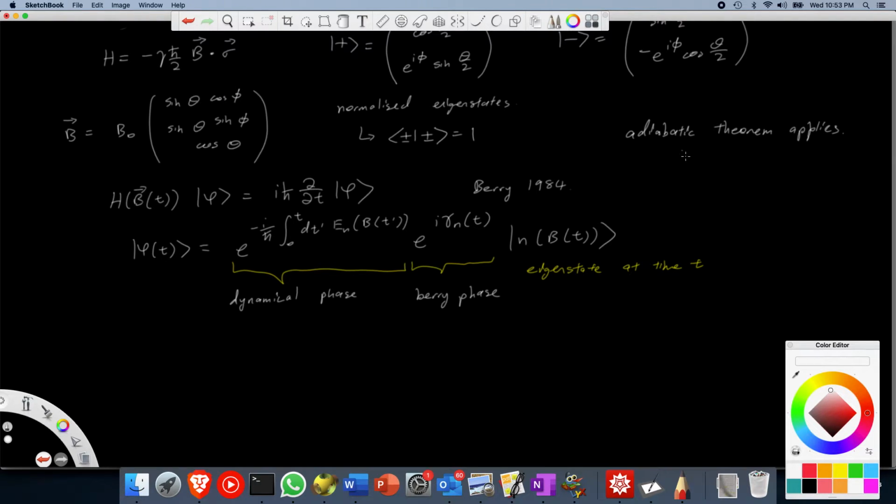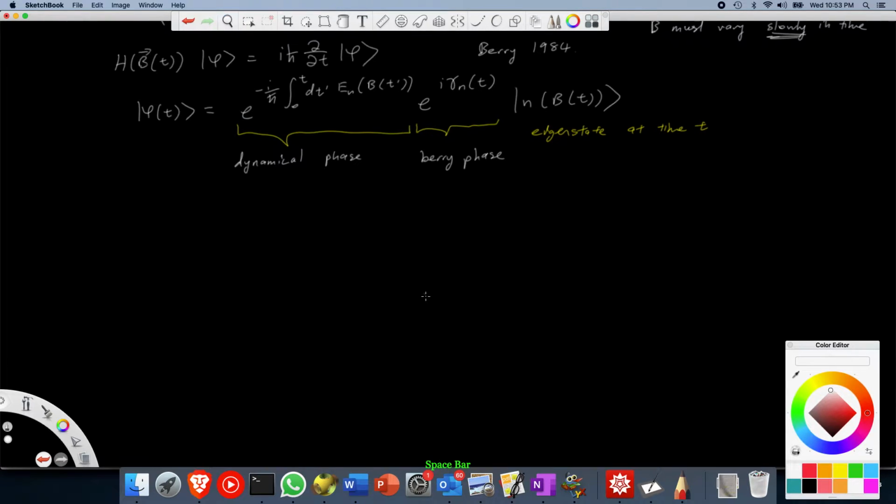So that's a footnote that we need to note, that B must vary very slowly in time, and in the limit that t goes to infinity, you get this structure over here, you get this result over here. So the result of Berry's 1984 paper